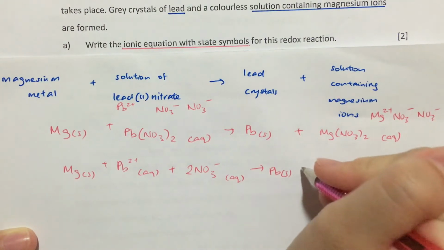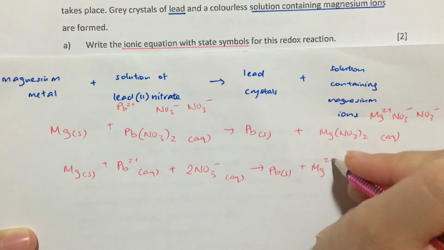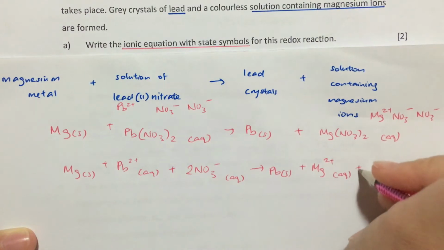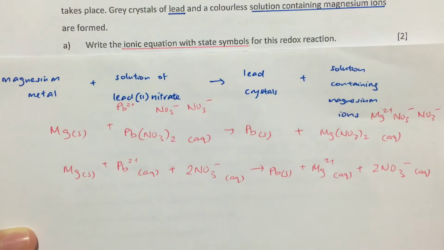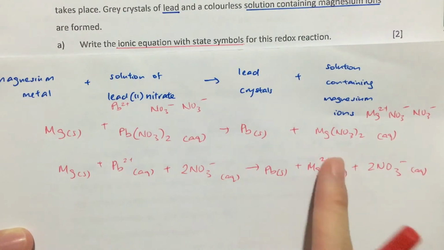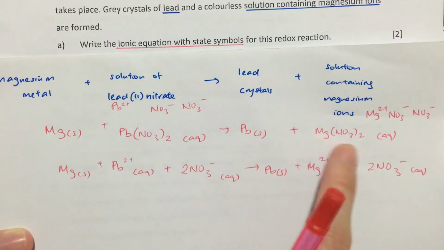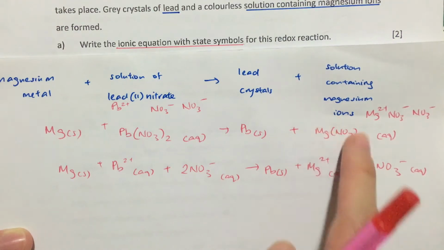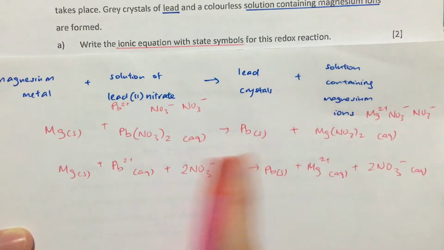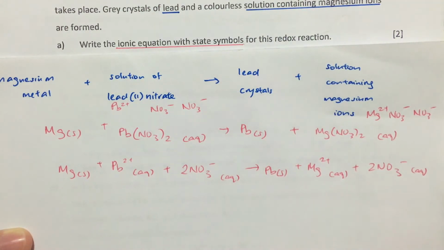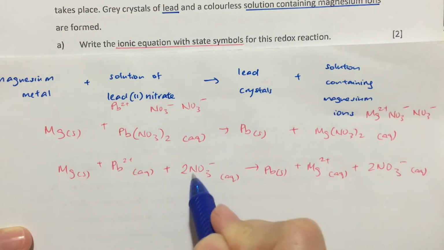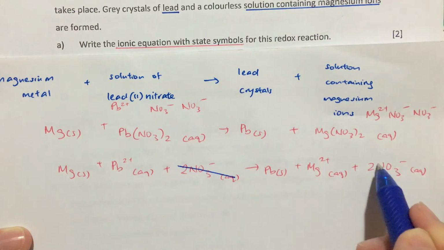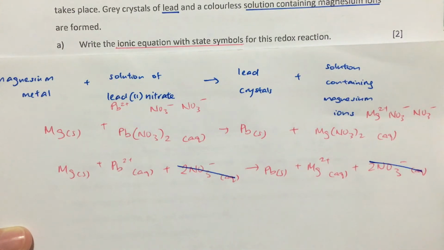Lead solid remains. Magnesium, Mg2+ aqueous, and our nitrate, 2NO3- aqueous. When we break it up into ions, we write the 2 in front of that ion because it's 2 groups of that polyatomic ion. Once you have done that, you take a look and see what is the same on the left and on the right. This would be the same, so we cancel it out, and this would be the same, so we cancel it out. Therefore, we are left with